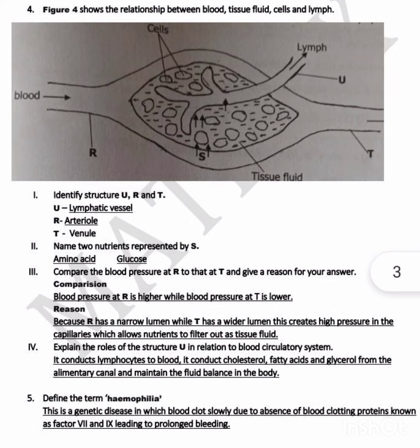Okay, then the last question is saying, explain the role of the structure U in relation to the blood circulatory system. So they want us to explain the role played by U, which is a lymphatic vessel. So what role is played by the lymphatic vessel in relation to the blood circulatory system? The answer is